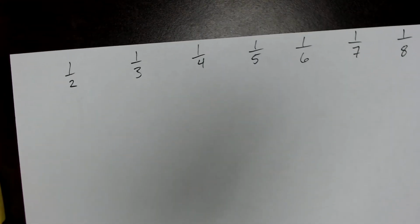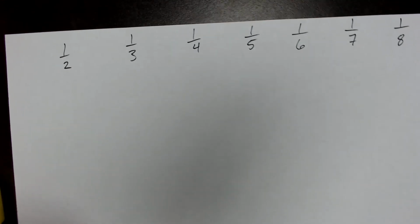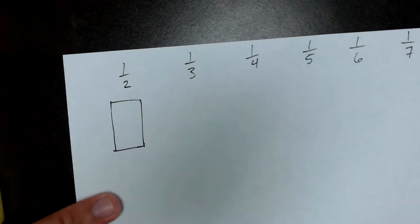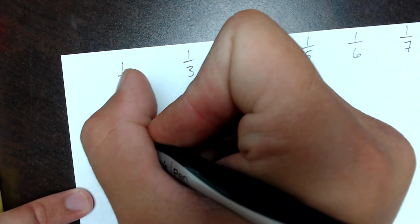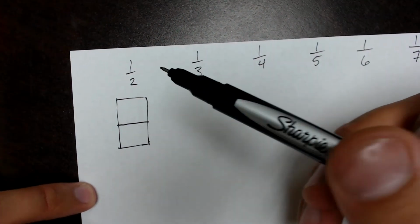So let's start with some rectangles. So let's say we have to draw a rectangle and we have to cut it into halves. So the first thing we'd do is we would just draw a rectangle. We can draw this horizontally or vertically. I'll do vertically so that way it's easier for me to section this off on the page. So I've got a rectangle and I need to show the fraction 1/2 on this rectangle. So all I'm going to do is go halfway through the rectangle. I'm going to draw a line. So now I've cut the rectangle into 2 even parts,